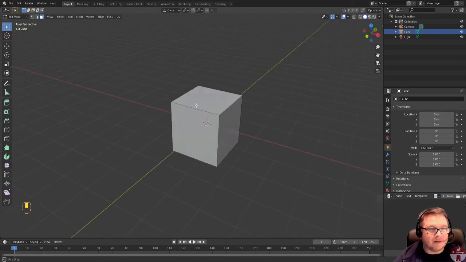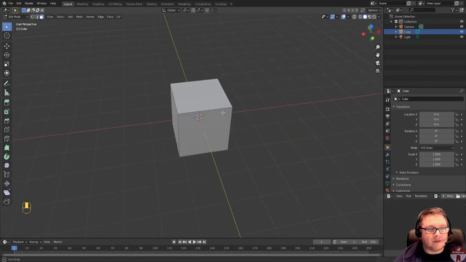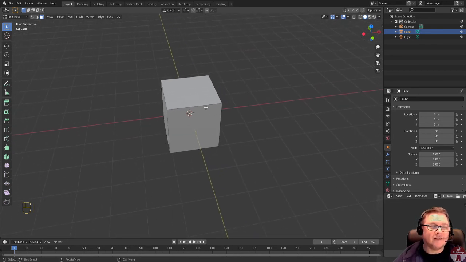The trouble with the cube is it's just a little too basic for us to make any sort of interesting thing out of it as it stands. So we might start with the cube because it's roughly close in shape to the thing we want to make, but we want to add more geometry in here. We want more vertices, we want more edges, we want more faces that we can start to move and push around and shape. So the last thing I did on Saturday was to talk about how you insert an edge